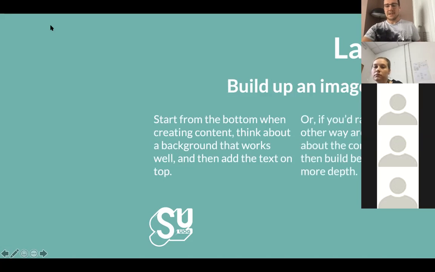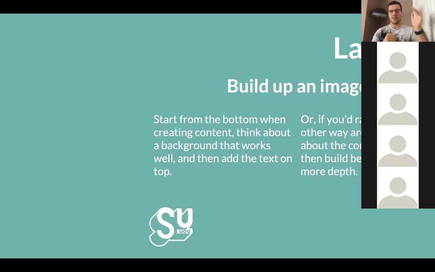Talking about layers, I mentioned it earlier. The way that I like to think about it, and it might vary from person to person, is like building up your layers. If you go back to that Highlanders post, you can see that on the very top level, you've got the logo, the score, and the text at the top, and then in the background there was a darker blue, and then the full-time text that went across the background, which you couldn't read, but it was there, and it added depth to the photo.